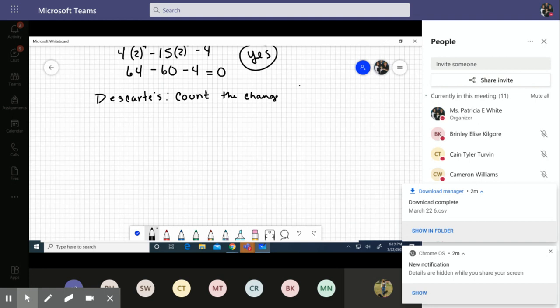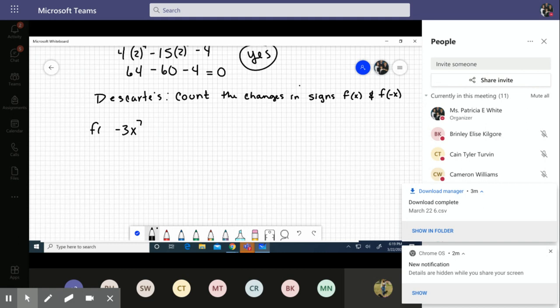Count the changes in my signs for f of x, f of positive x, and f of negative x. And that's going to tell me how many of my numbers, my roots, my zeros are going to be positive or negative. So in their example, they have negative